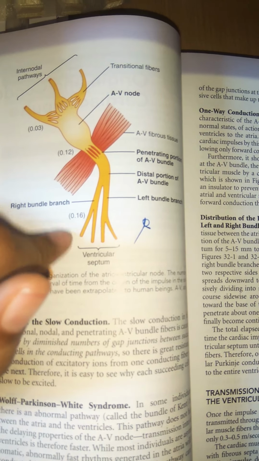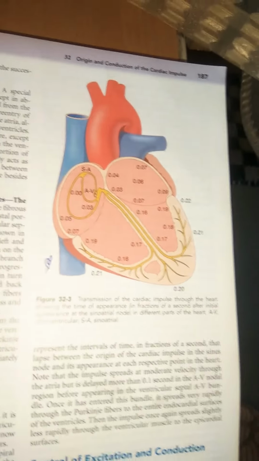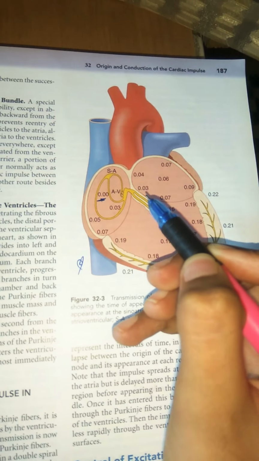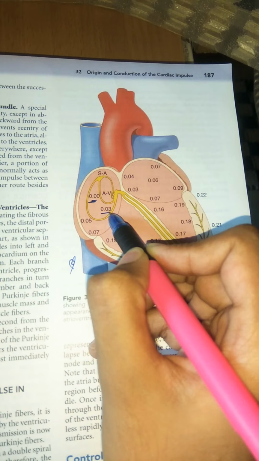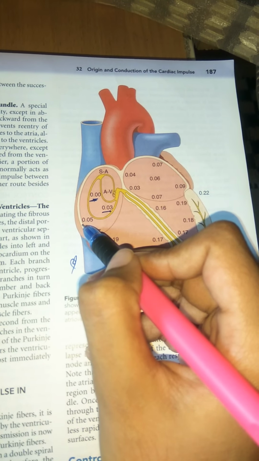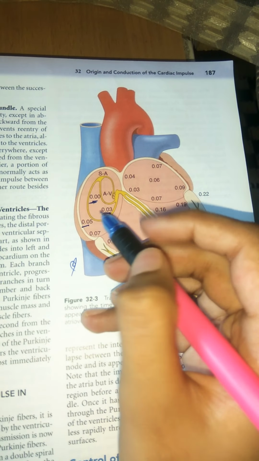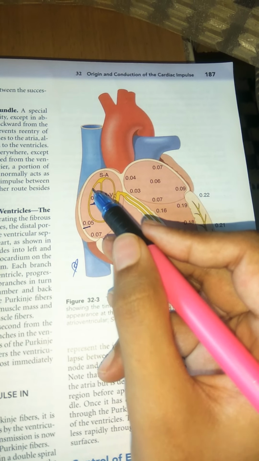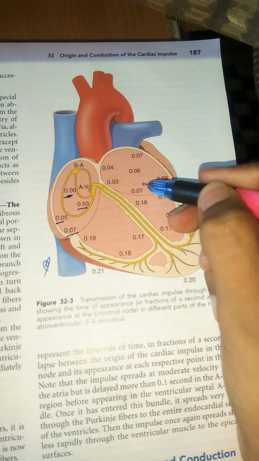You can see 0.16 here. This is the ventricular septum, and here you can see different currents; values are given over here. For example, if we start this process at the SA node at 0.00, then at 0.03 it may reach the AV bundle, and at 0.05 it may reach the anterior internodal pathway, though still in the SA node, and at 0.07 it reaches the atria, you can see, and finally